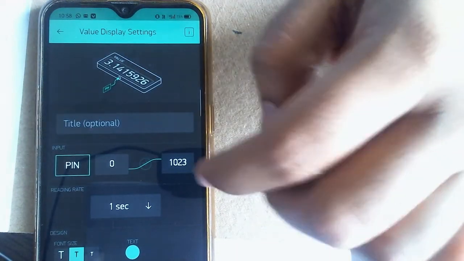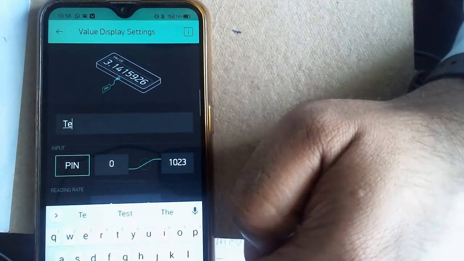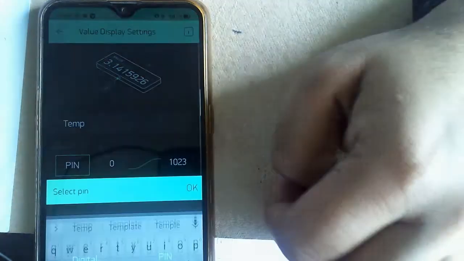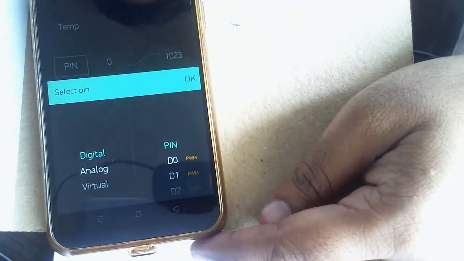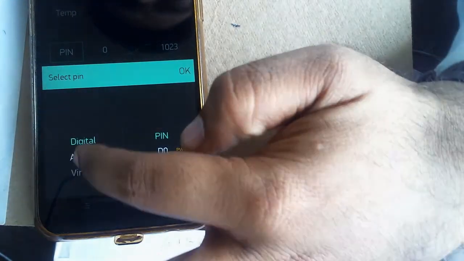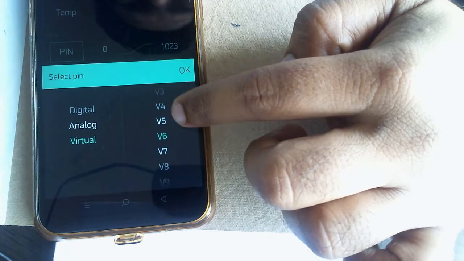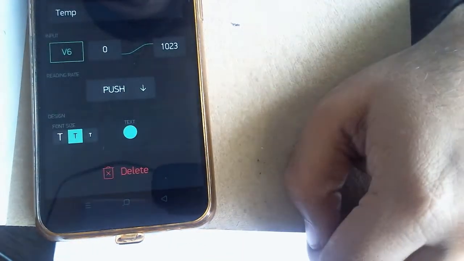Now simply go to the next option. Here I select TEMP, for temperature, and I need to select the pin. This will again be a virtual pin, so I am selecting virtual, and now it is connected on V6. Press OK.